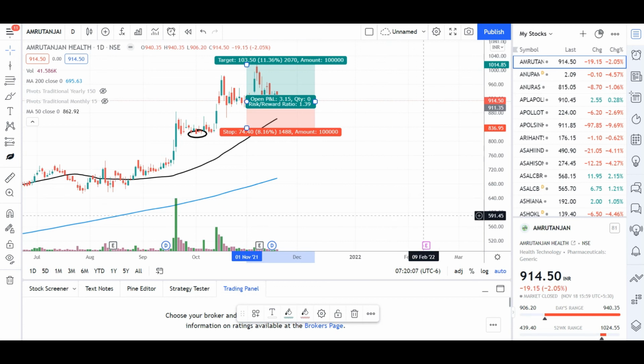There are some other criteria mentioned in Think and Trade Like a Champion, like stages of a stock, because stages of a stock let you determine how you should trade. Stages of a stock actually help you see whether the stock is in a vulnerable position or not. I will discuss those things in some other video. For now, note down the points I have given you, start screening, see what stocks you are getting, and observe those stocks for the coming weeks.